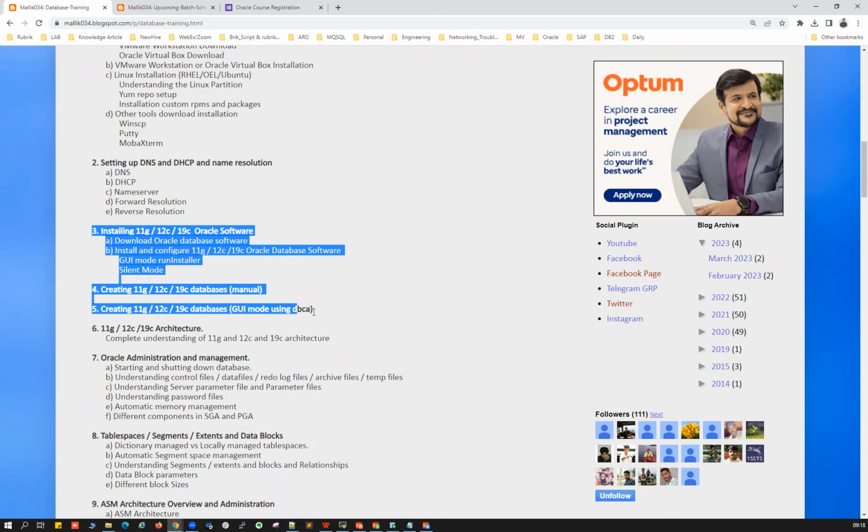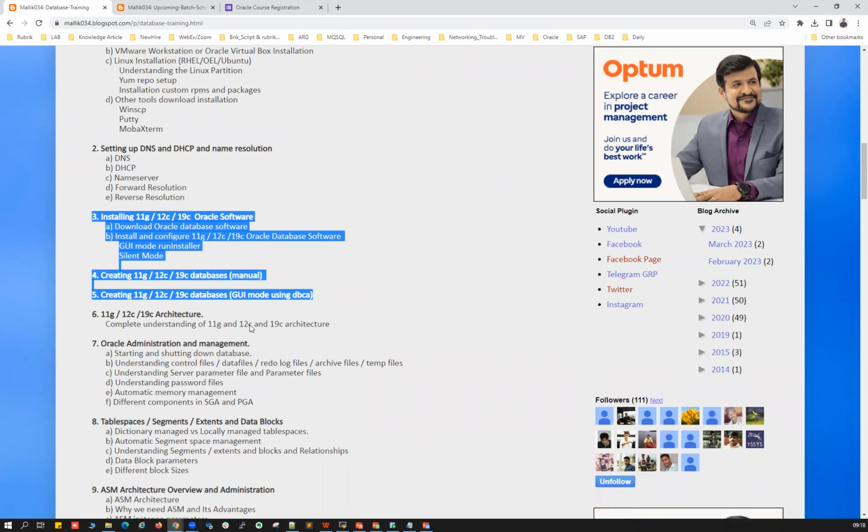We'll start with the installation of them, in GUI mode and silent mode, and how we can deal with that. If you don't have GUI mode, what silent options can you go with? Right. So that's about the installation. We'll start with the ASM installation, Oracle home installation, and database creation with different labs. We're going to create lab one, lab two with a different setup.